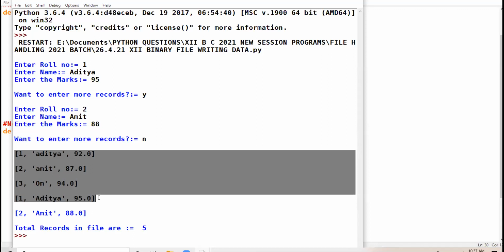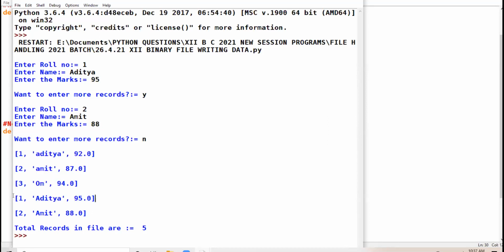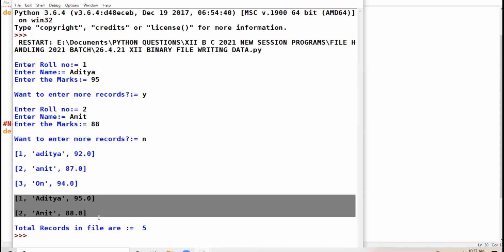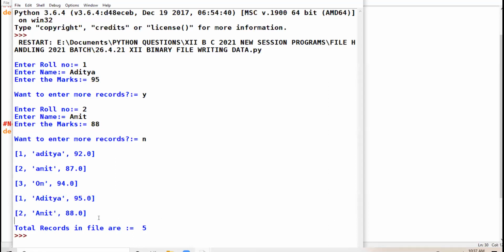Am I clear with the role of append in binary? The previous data is retained. The new 2 records, Amit and Aditya, are being written after the old records. Clear? So total records in the file are 5. Clear to all of you?